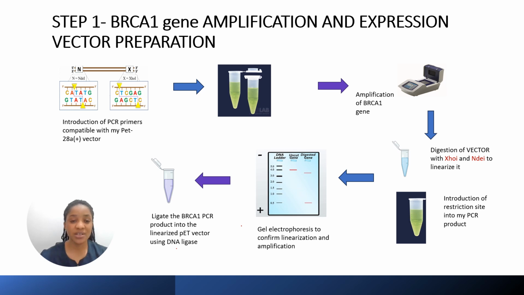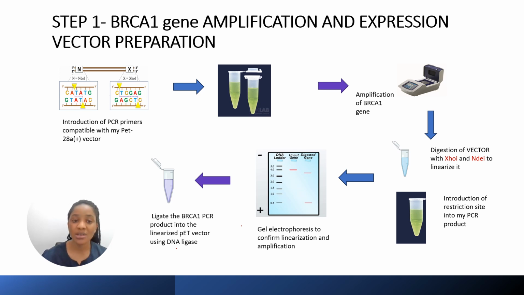So after my vector selection, I'll go ahead and amplify my gene of interest and also prepare my vector. I will select a PCR primer that is compatible with my vector, making sure it contains 5' NdeI and 3' XhoI. I'll also use my PCR hot start polymerase to amplify my gene of interest, making sure I maintain